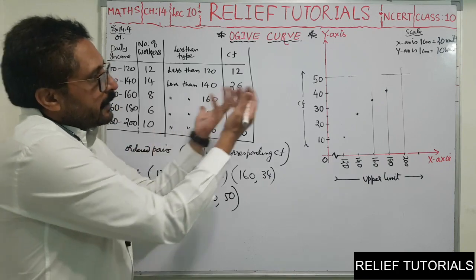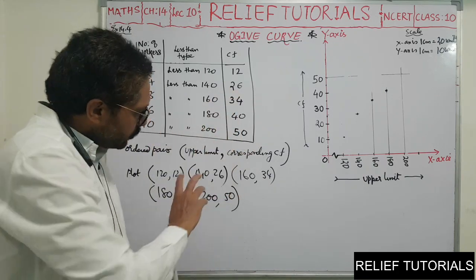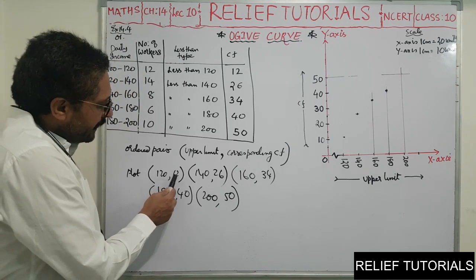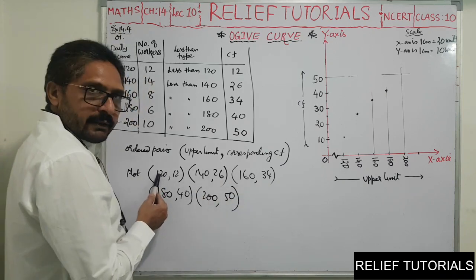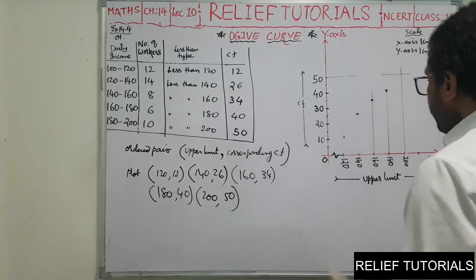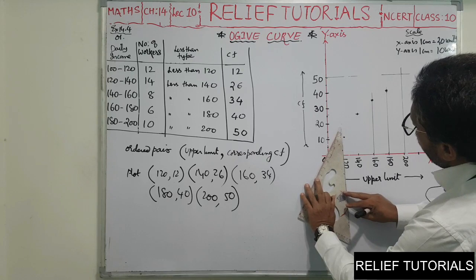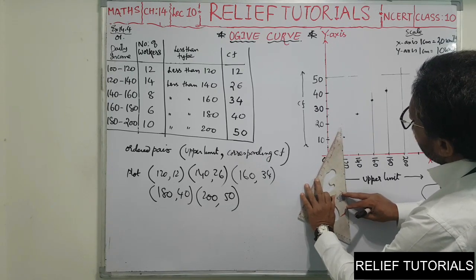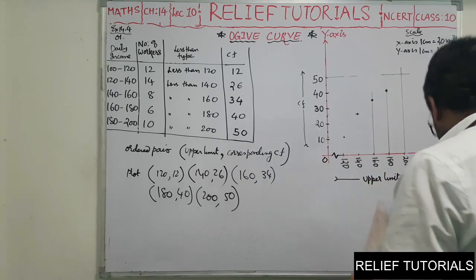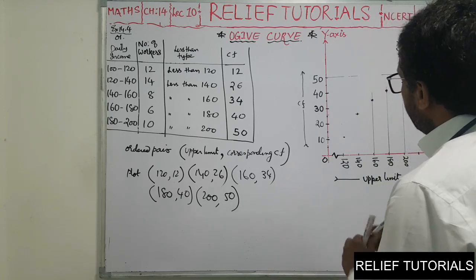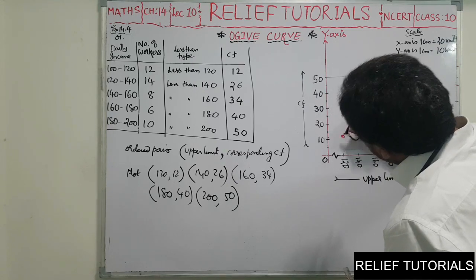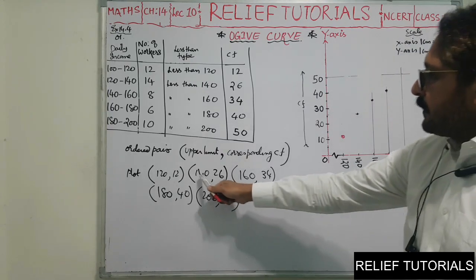Now we plot these ordered pairs on the graph, and you have learned in 9th standard how to plot this. So it is quite easy. Now we'll see 120 on x-axis, the x coordinate, and 12 is the y coordinate. So on x-axis we will take 120, and here 12. So directly in this manner, and just you will go here directly, 12, this way. So this is 10, this is 15, so this may be 12, okay? I have certain limitation here. This is 1 point.